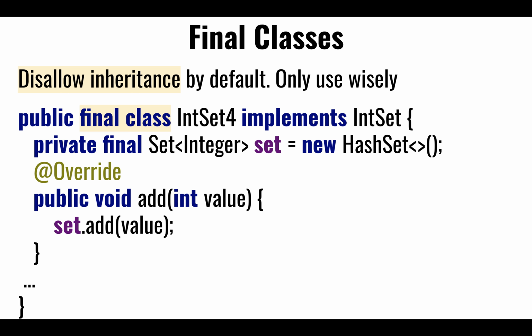We're going to look at the implementation of our inset. Notice that we put a final in front of it, meaning we cannot inherit. So how do we go around this? Well, this base implementation is imposing the fact that subclasses are no longer allowed, that subclasses are not going to be able to override anything, right? So the only thing that we're left with is that